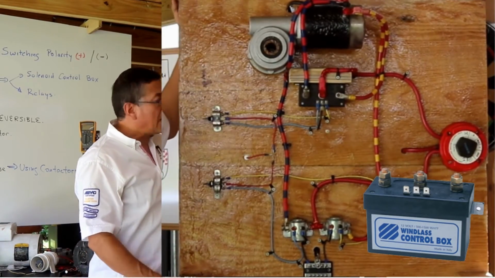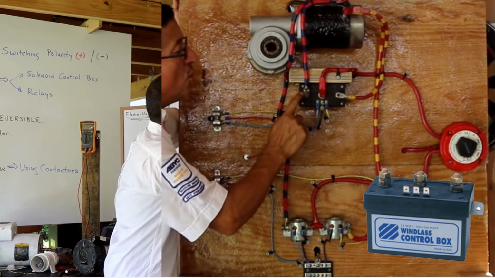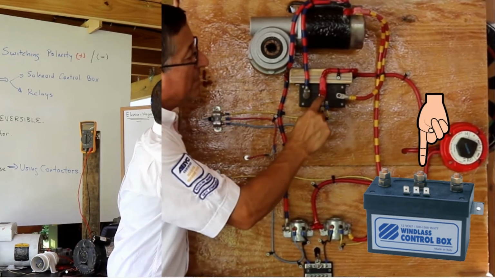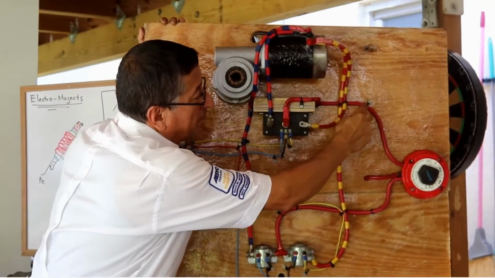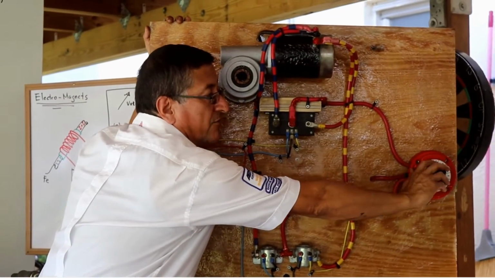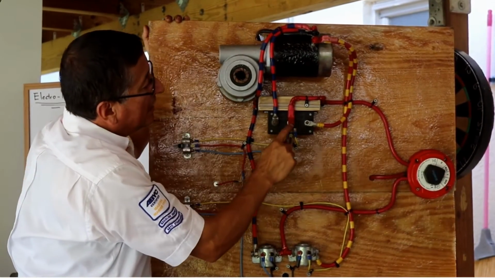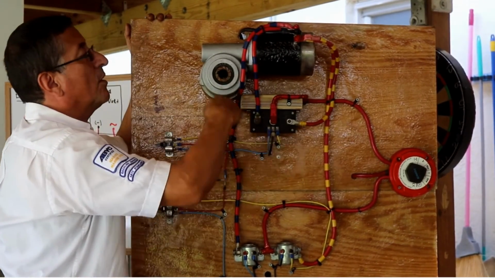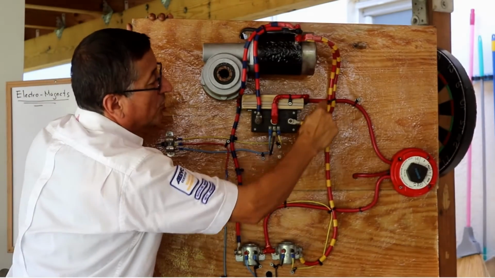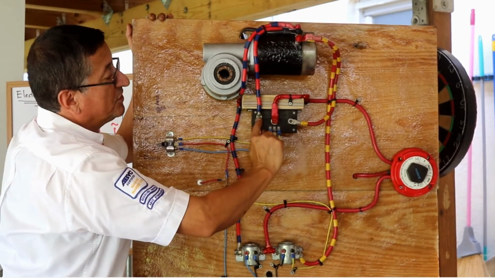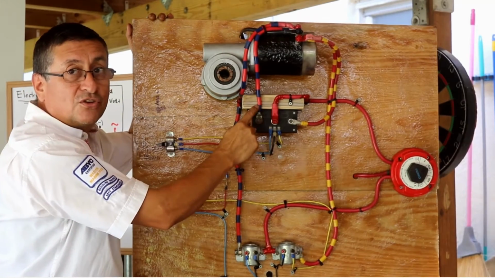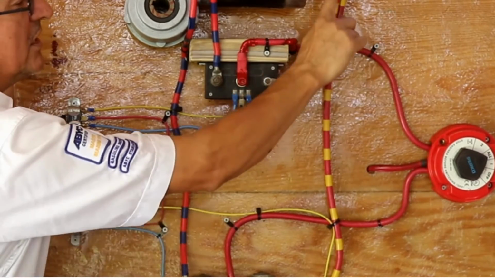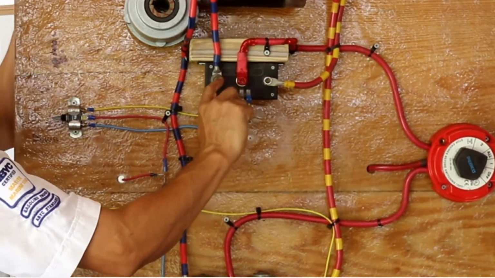The solenoid control box has three big terminals. Those three big terminals are three positives. This is the positive in the middle coming in. That power is coming from the battery, from the switch selector. And this is positive coming in, and this is positive coming out, and positive coming out. This is positive coming out for clockwise rotation, and this is positive coming out for counterclockwise rotation. And I need to send the signal to activate this position, or I need to send the signal to activate the other